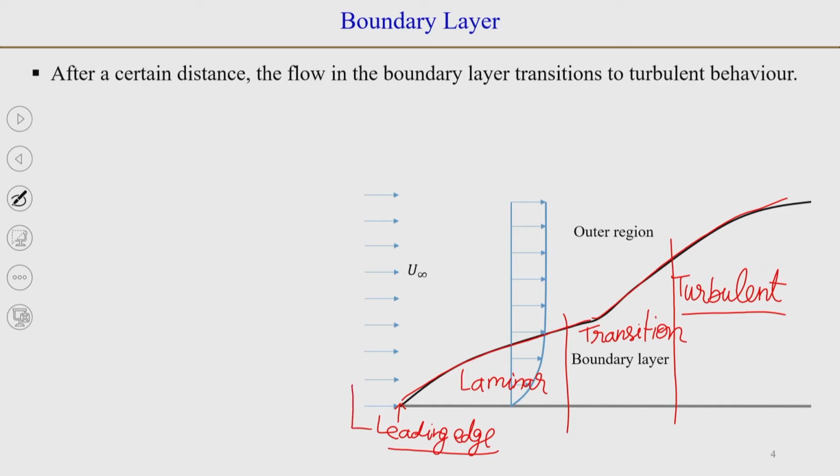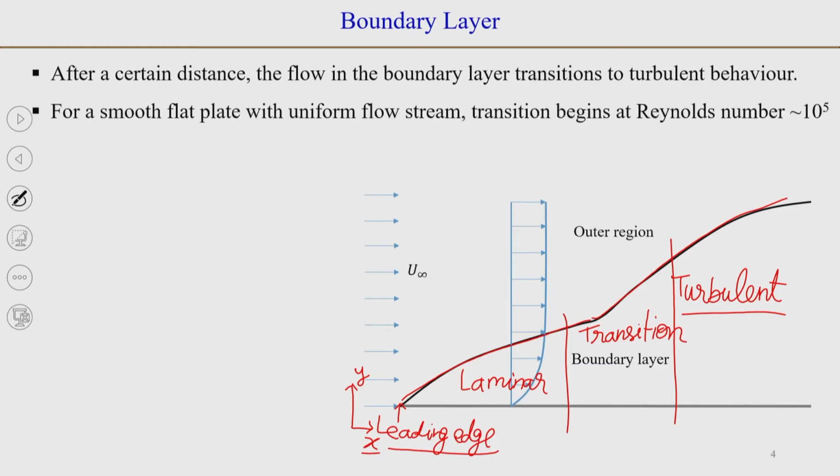If we define a coordinate system, let us say in a 2D plane with x y coordinates, where x is the coordinate following the wall and y is the coordinate normal to it. It may be a flat plate, which we have shown in all the slides here, but it can also be a curved plate. In that case the coordinate system will be such that x follows the plate and y is normal, or orthogonal, to it. It is observed that this transition occurs at a Reynolds number of about 10 raised to the power 5,